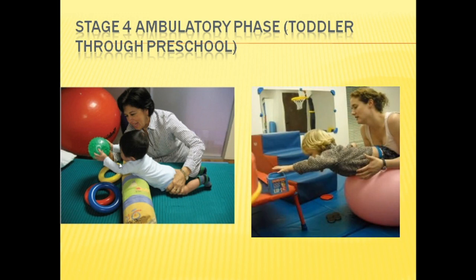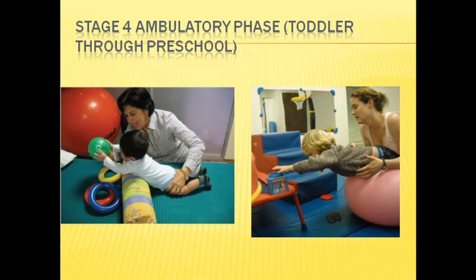In this first photograph, the child is in prone position with a bolster at chest level and is trying to grab the ball. So this position strengthens the gluteus maximus and trunk extensor muscles. You can also use this activity during the early phase as well.